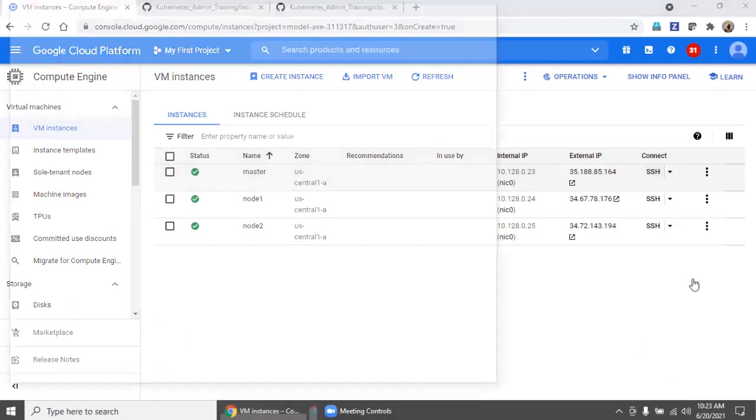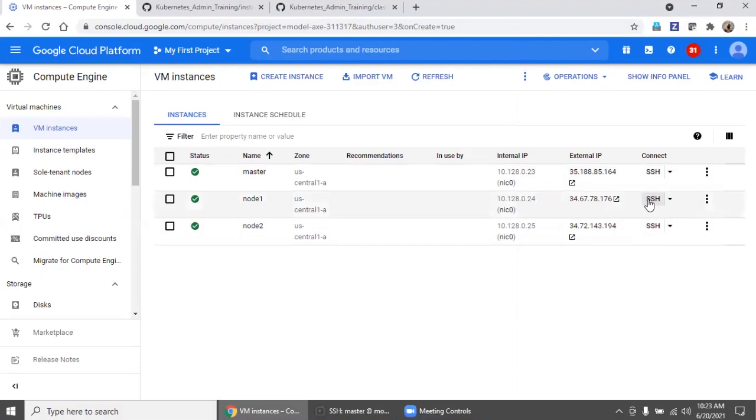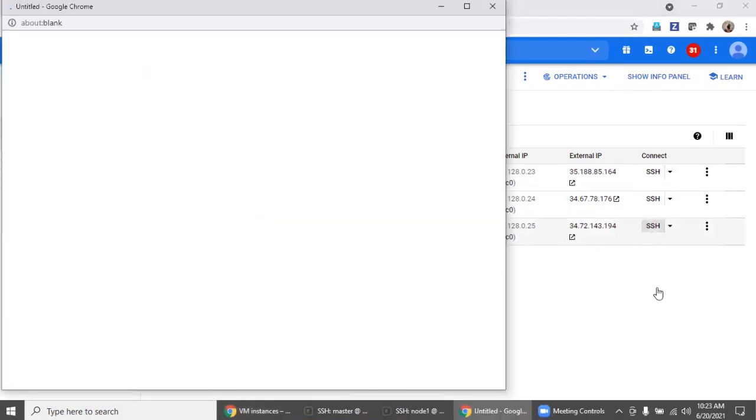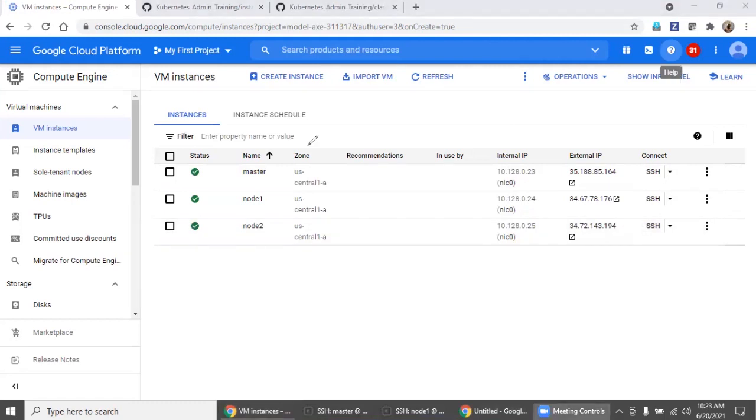Open master first, node 1 next, node 2 next. Again, I'm repeating, this is your Kubernetes master; you can name it server also. This is worker node 1, and this is worker node 2.